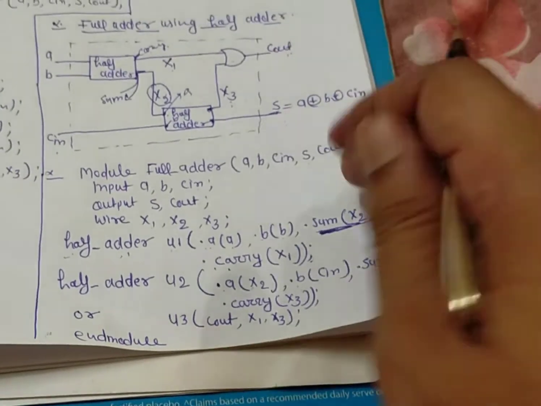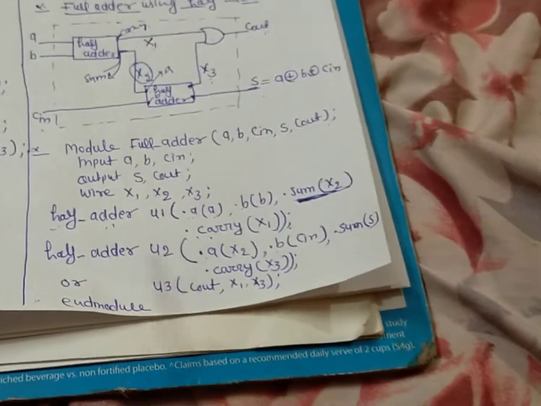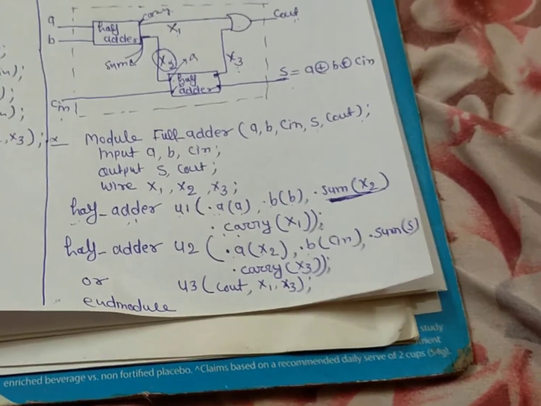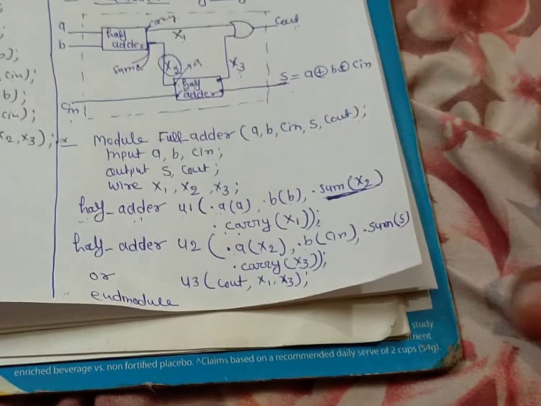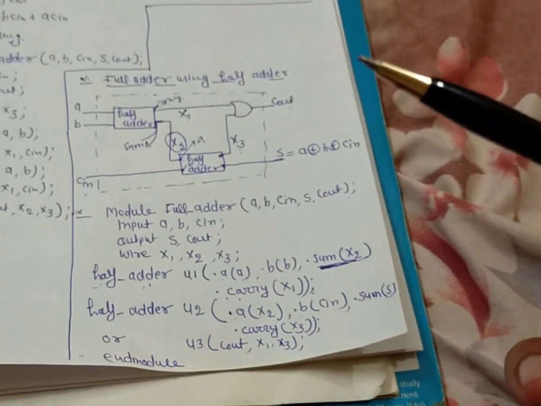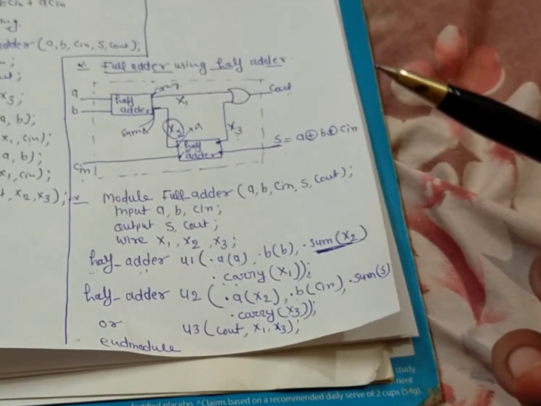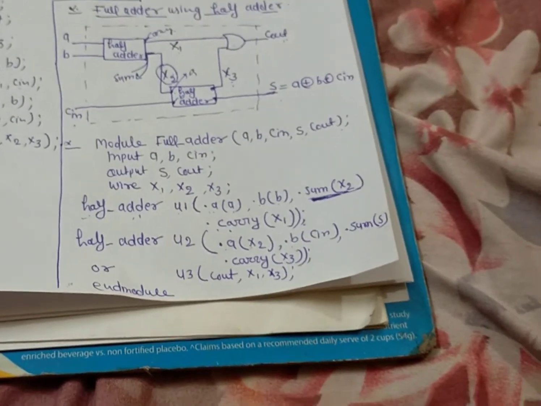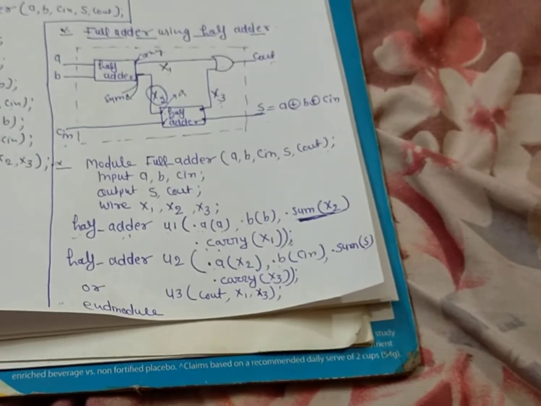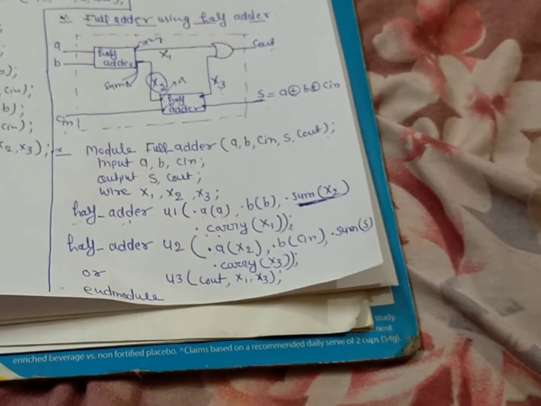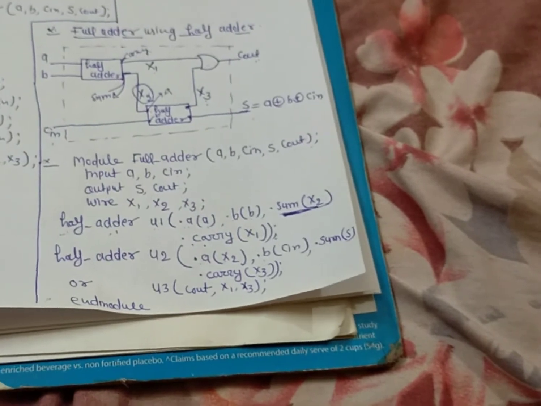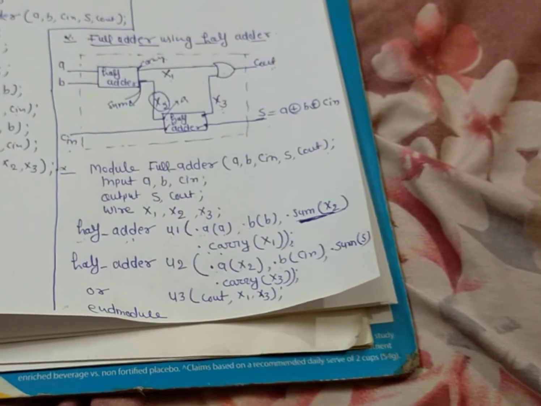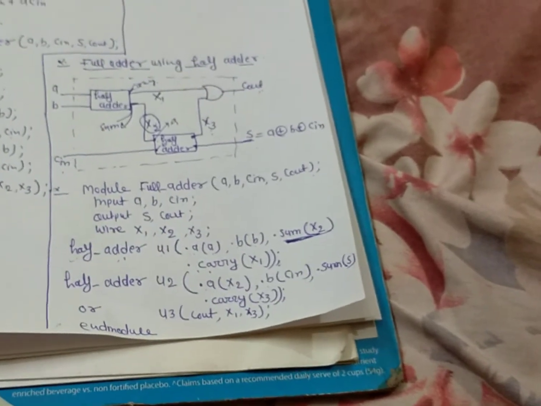So in this particular code we call the half adder and we write the code of full adder using half adder. And the test bench of the full adder is very similar to the test bench of the half adder. So you can just write 3 inputs in place of 2 inputs in a half adder. So in full adder there are 3 inputs A, B, C in, and the outputs are the same, sum and carry. So you try to write the test bench.